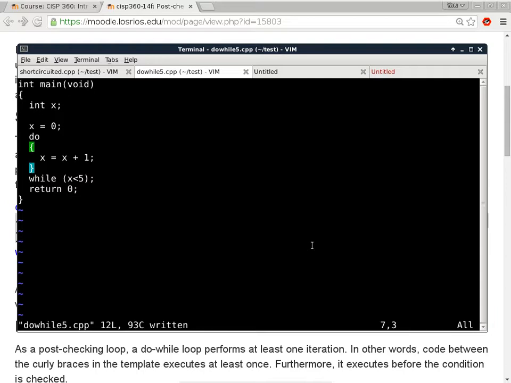By the time we get to return 0, which is here, what do you think will be the value of x? It will still be 5, right? Because we cannot get out of the loop as long as x is still less than 5. But since it started off with a value of 0, and we only increment it by 1 with each iteration,